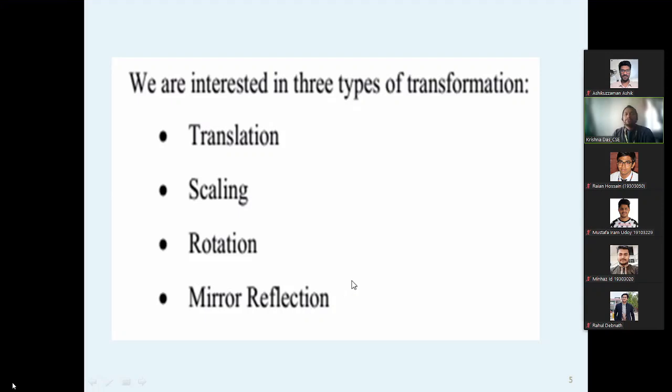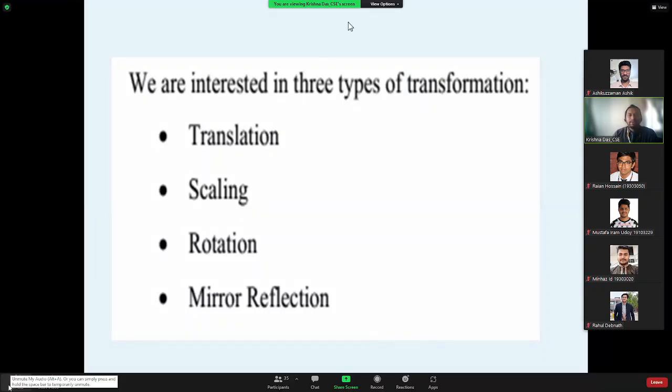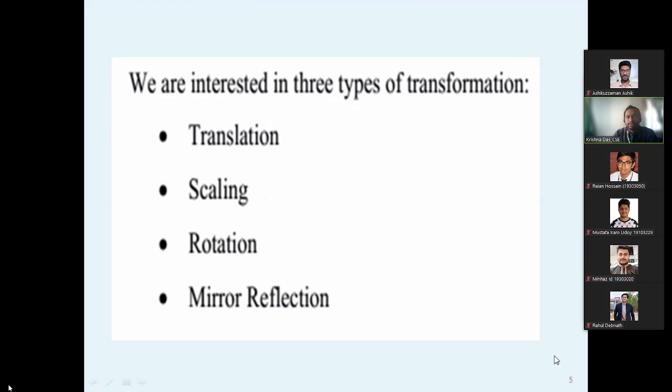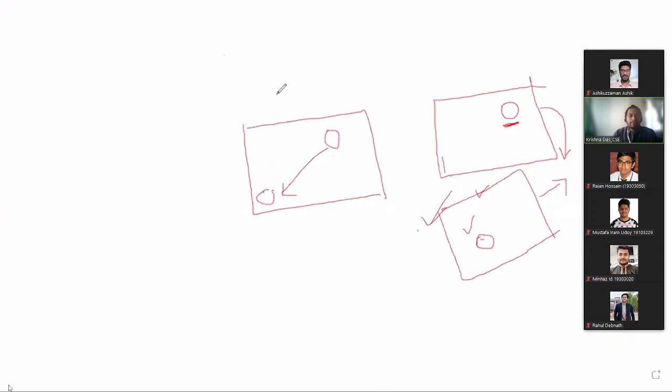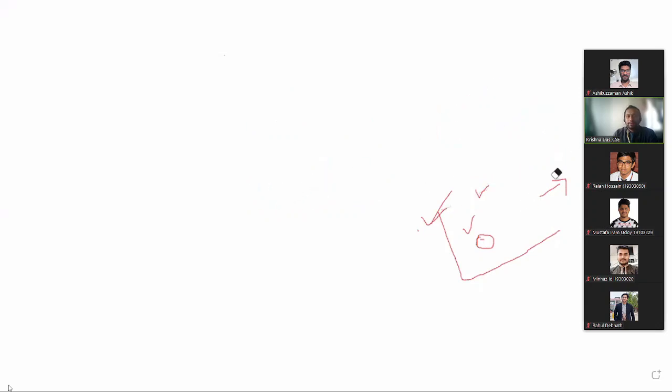Okay, as you know, these three possible things are actually common in images that we can consider. Now, what is translation, what is scaling, and what is rotation? If we go for drawing, let me try again. For considering translation, as you know, what actually can happen, the possible changes on the images of an